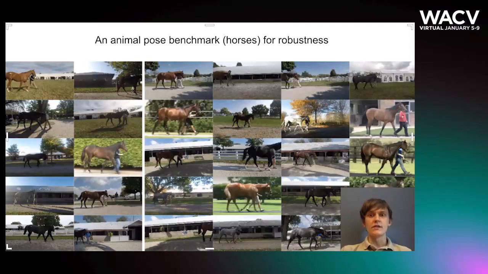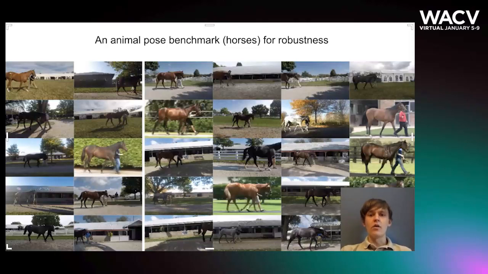This is a good test of out-of-domain robustness for a couple of reasons. First off, it is a low data regime. There are very few horses and very few images of those horses to train on. In addition, it directly reflects what people deal with in the real world. Many scientists train models on just a few videos of a few individuals and want those same models to generalize well to other individuals that were not seen during training. This benchmark directly reflects that task.